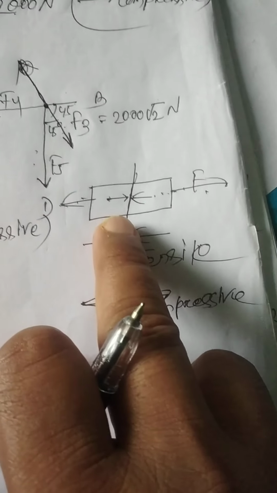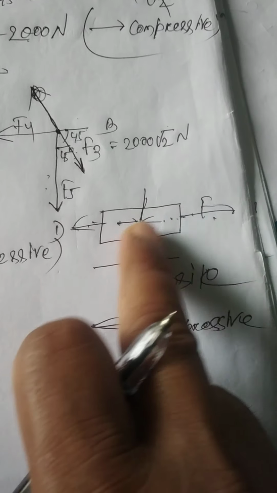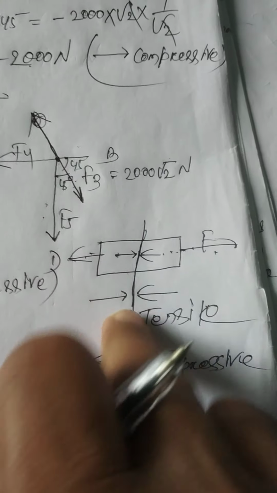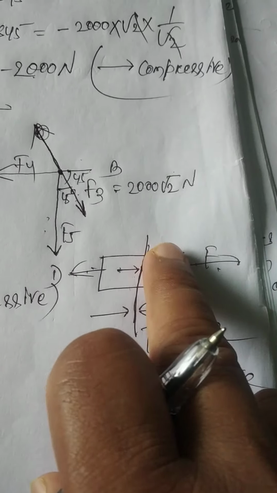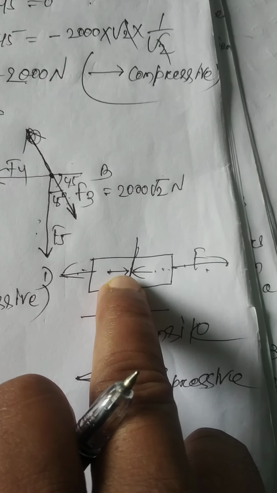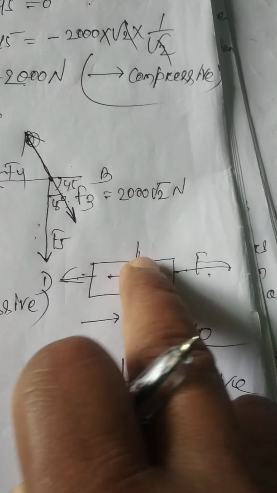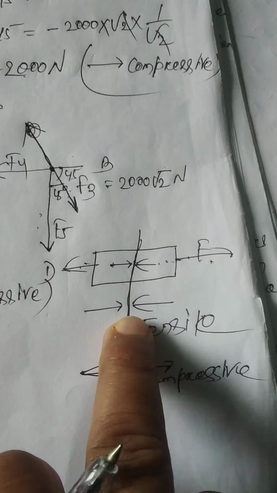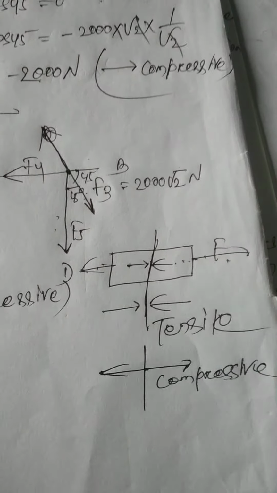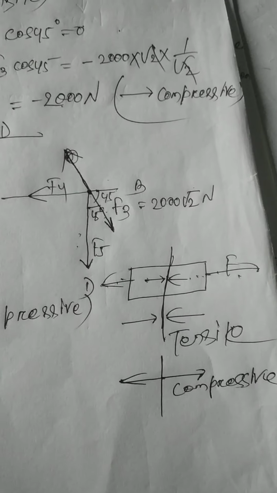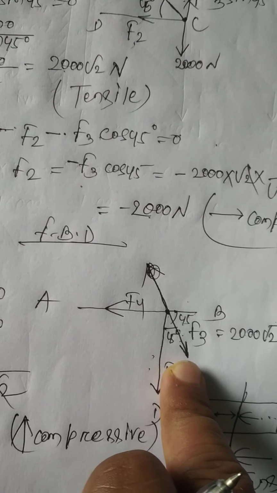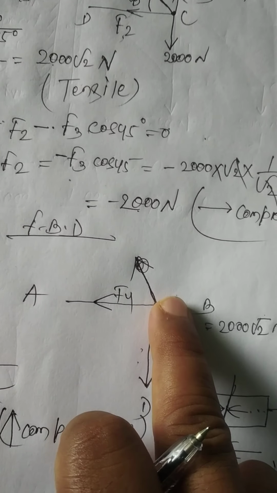As we discussed previously, if this is a beam and I have done the section, and I am applying tensile force F, then at this section the symbol for tensile will be this, with two arrowheads. So this is the symbol for tensile and this is the symbol for compressive. The arrowheads will be moving opposite to each other. This is compressive. So I have taken it as tensile, and it is moving downward and making 45 degree with the horizontal.